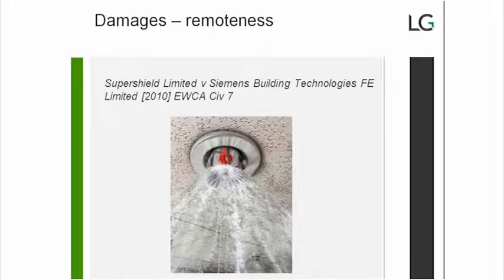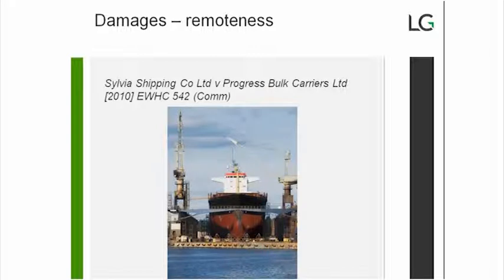The next case I want to have a look at is the Super Shield case, which was decided in the Court of Appeal. This related to the flooding of an office due to a faulty sprinkler system and blocked drains. The Super Shield case considered the Transfield shipping case further, but said that the Hadley and Baxendale test of direct and indirect loss remained the standard rule. But there may be exceptional circumstances where the court, considering both the contract and the commercial background, may decide that the standard approach would not meet the expectation or intention of the parties, and so would not give an equitable result in that case.